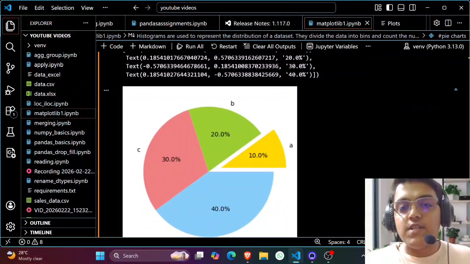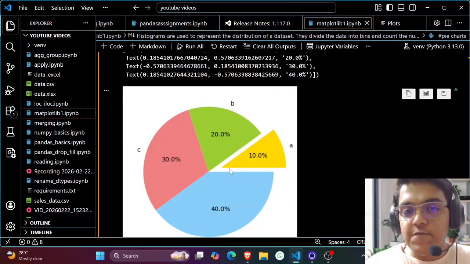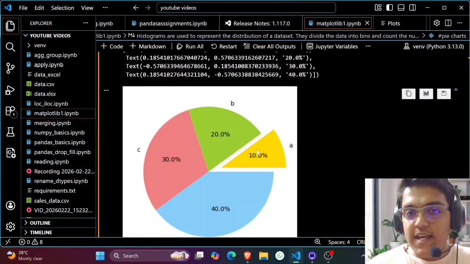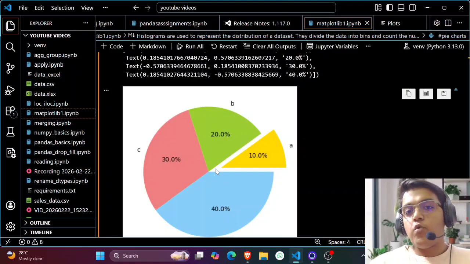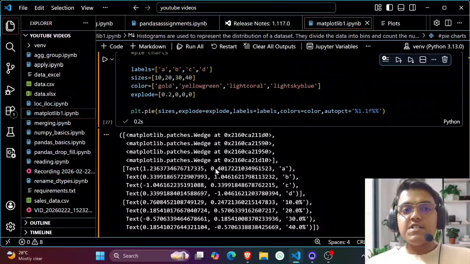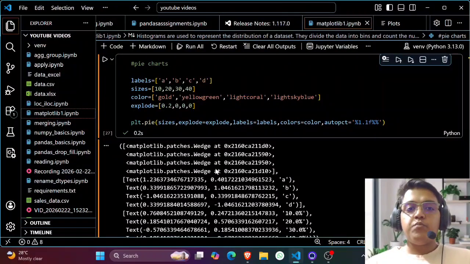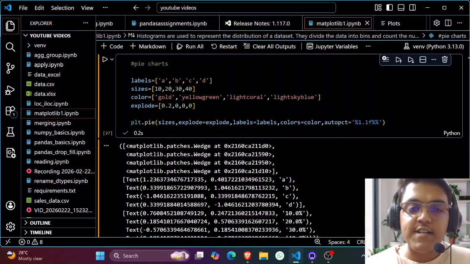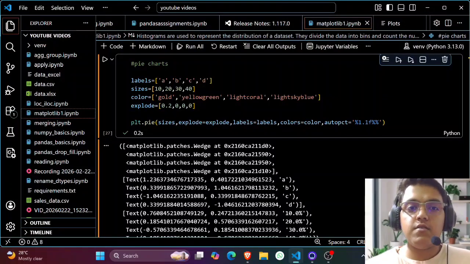Now when I do this, it automatically shifts the A pie by 0.2 value. So the A pie gets a little outwards. This explode parameter actually pushes a particular value a little outwards. Since I changed the first value, that is A, to 0.2, that's why it has pushed the A pie